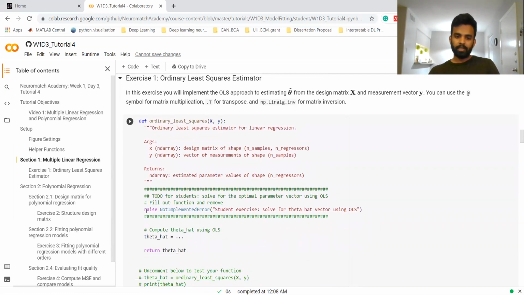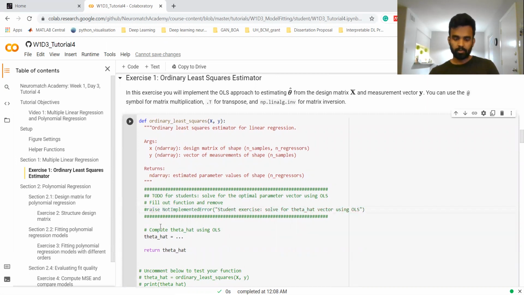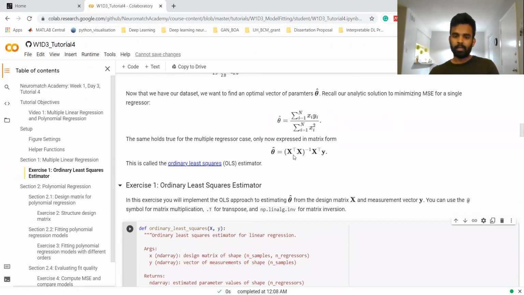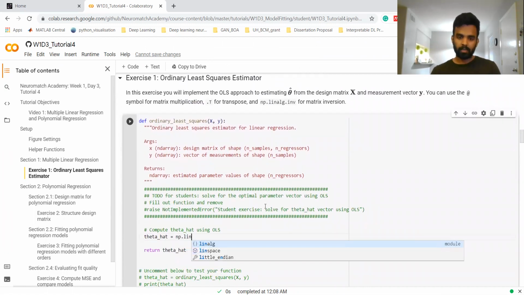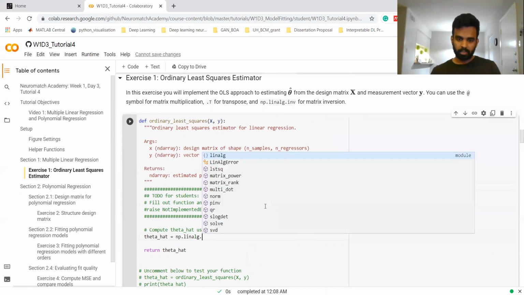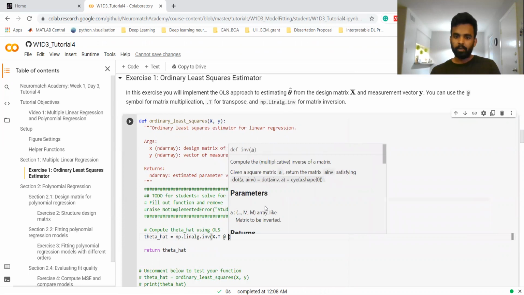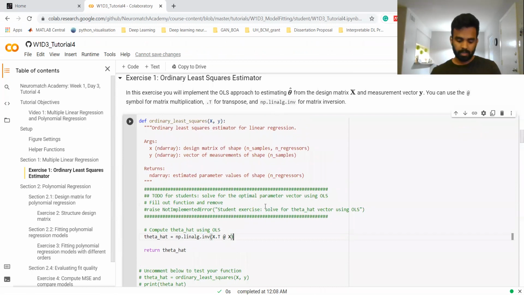The only thing that you need to change here is go to this particular line which says theta hat, and you just need to implement this particular line. There is an inverse of X transpose X. For that, we do linalg.inv; if you press tab, it autocompletes. Then we do X.T, which corresponds to the transpose, and we do @, make sure this is @ and not a star, because star is an element-wise operation, @ is matrix multiplication, and that's what we want. X.T, you matrix multiply by X, and then you again matrix multiply by X.T, and you multiply by y. This is what you want to implement.